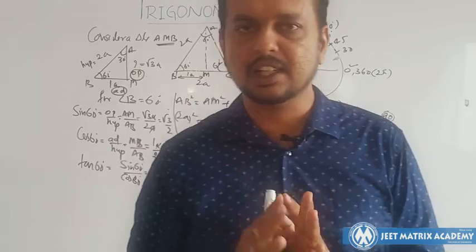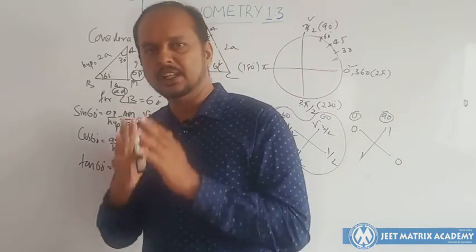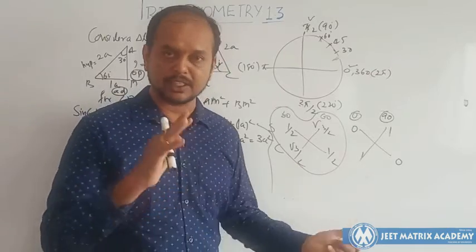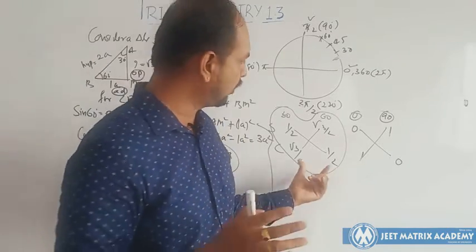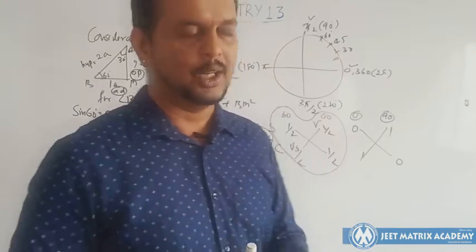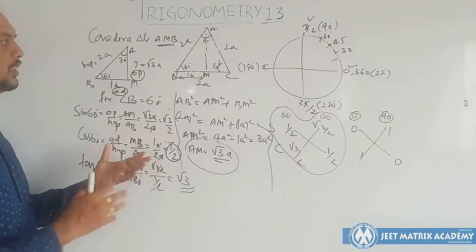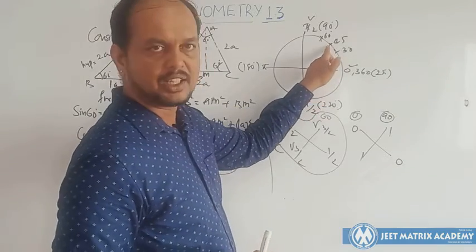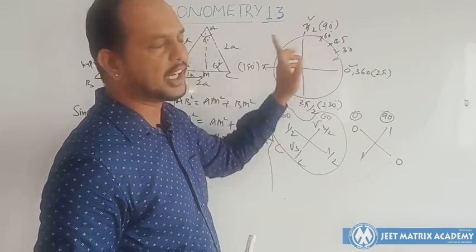But my sincere advice, 2-3 times you tell it, it will stay in your memory. With this mnemonic it is better. Even if you get confused, you can do it like this and get back the exact angle. Hope you understood these two things. So now 0 is done, 45 done, 30 done, 60 done, 90 done.